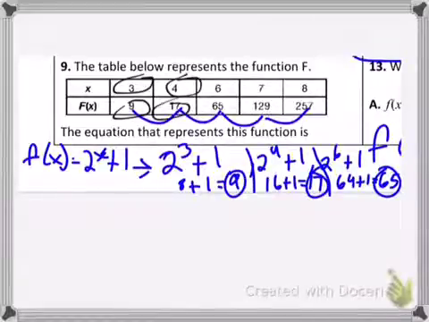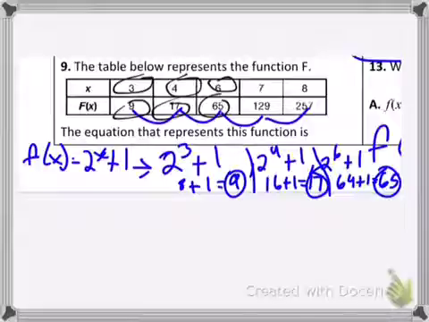2 to the sixth is 64. 64 plus 1 is 65. So notice it works out for each one. And notice that 9 times 2,